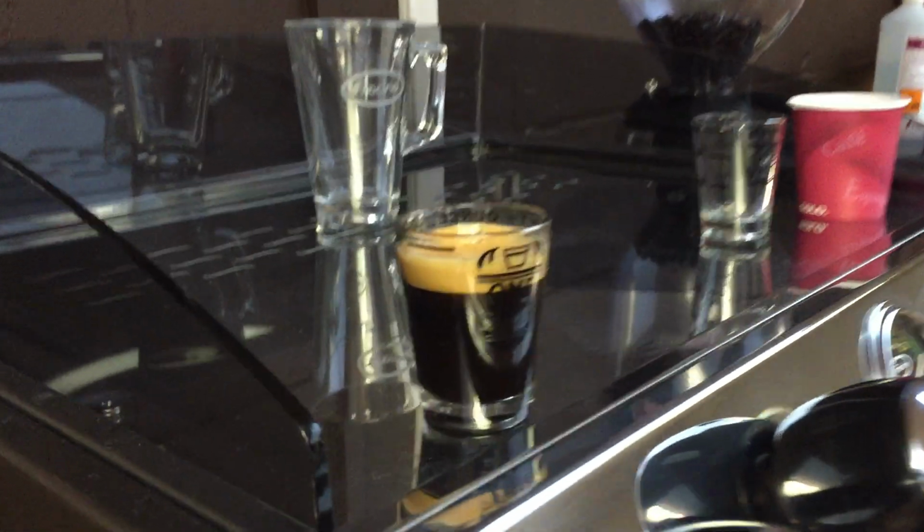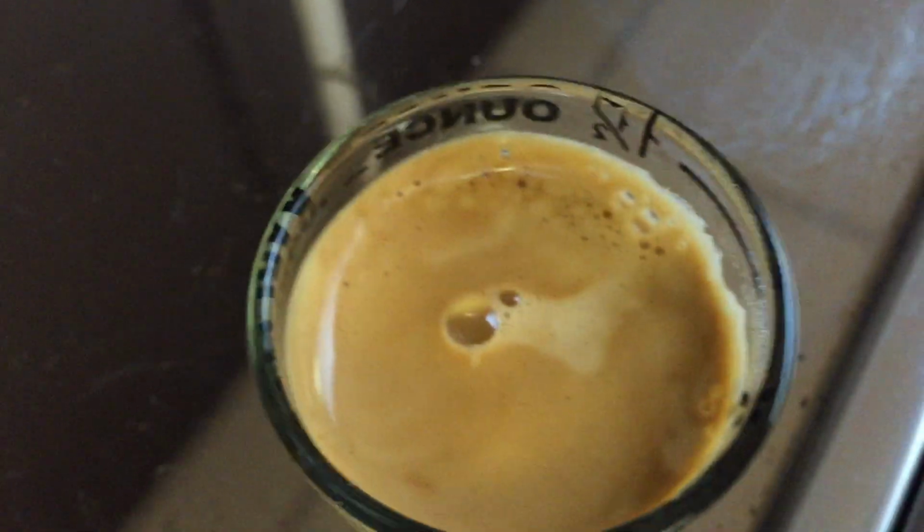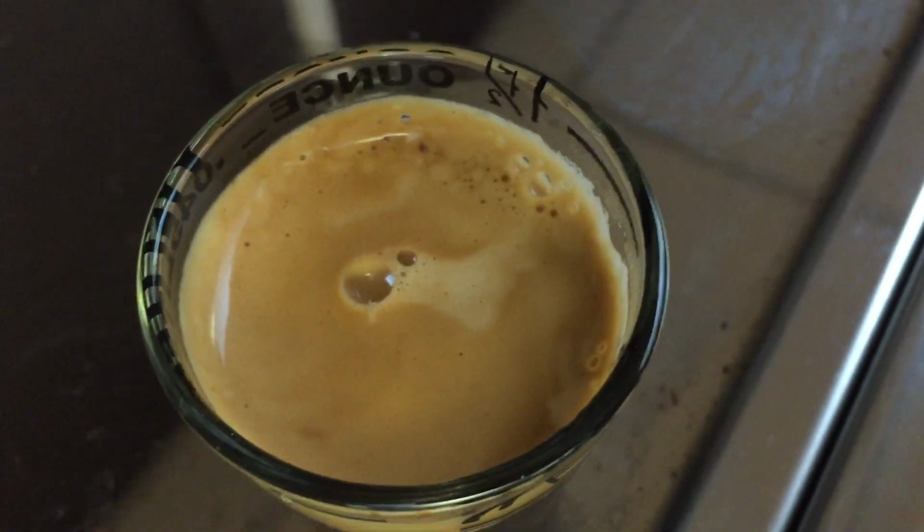And that's how it looks. Double espresso. So a double